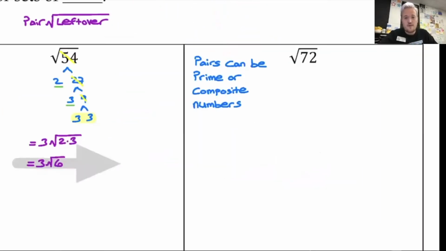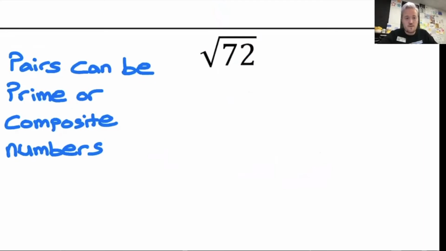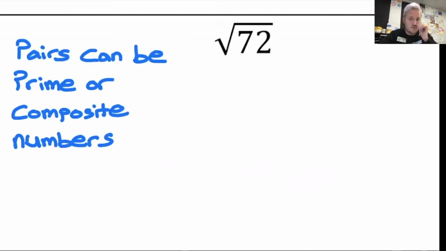All right, so now I want to do the square root of 72. Keep in mind, I'm going to do this one a little bit differently. Your pair numbers can actually be prime or composite numbers. What I mean by that is, on purpose, I'm going to use